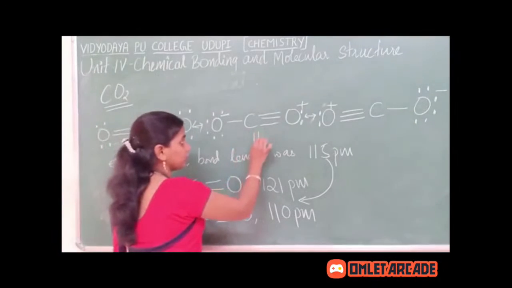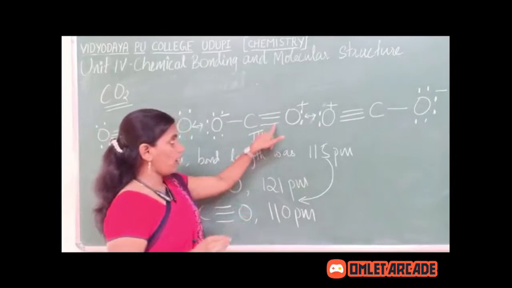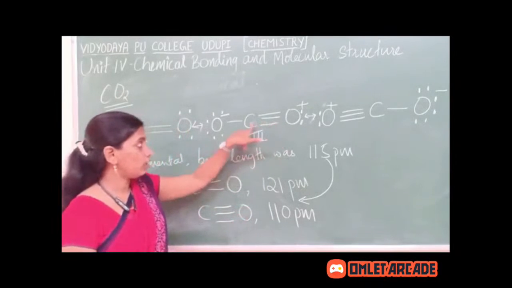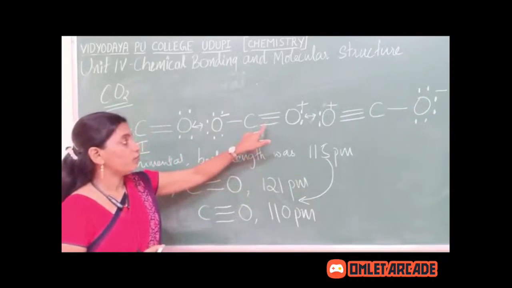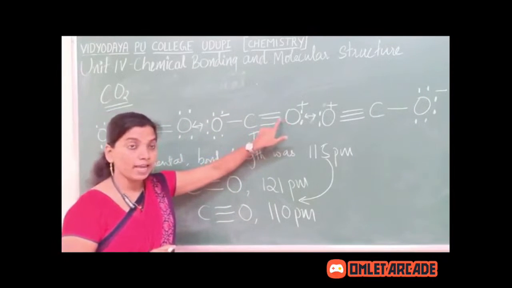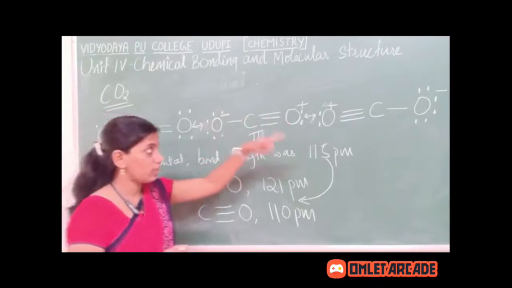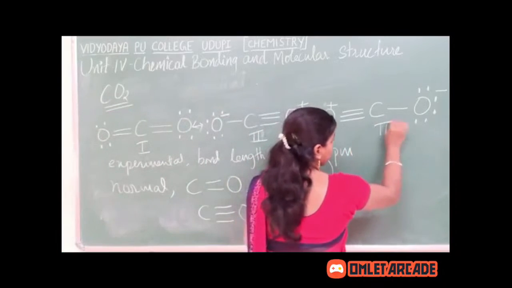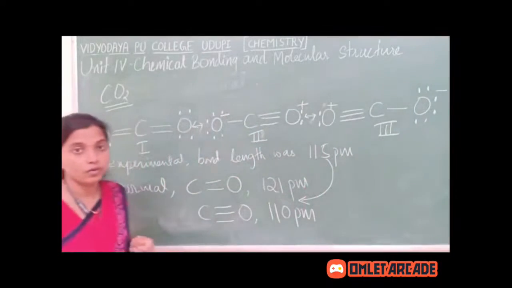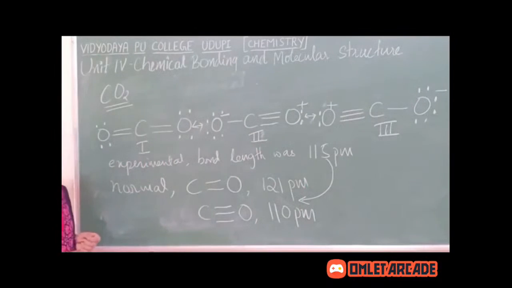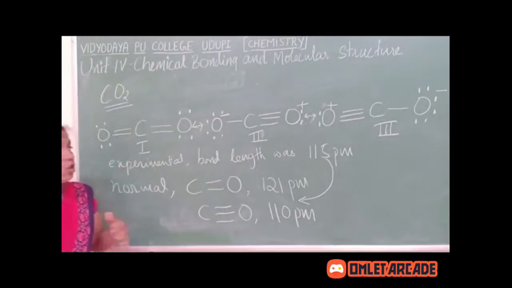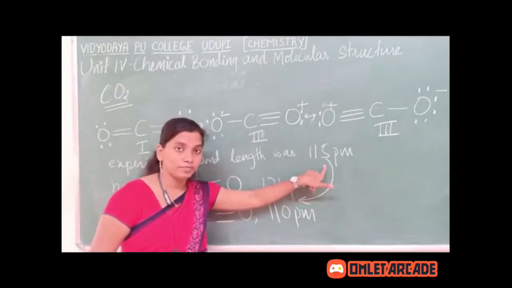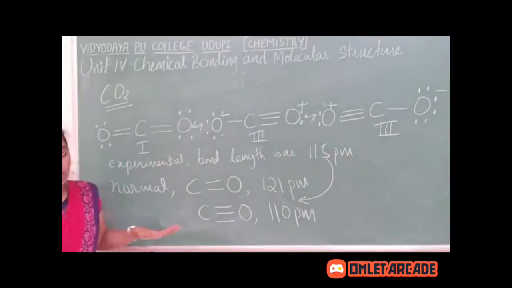In the second structure, one bond was a triple bond and the other was a single bond. If the triple bond is here, it can be here also. That is represented in the third structure. Okay. When carbon dioxide was synthesized, the experimental bond length value was 150 picometer, the normal carbon to oxygen